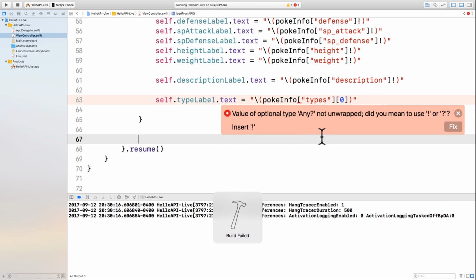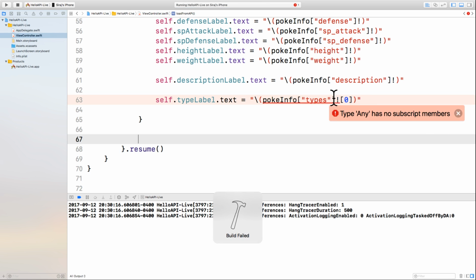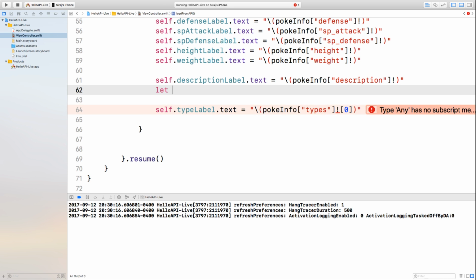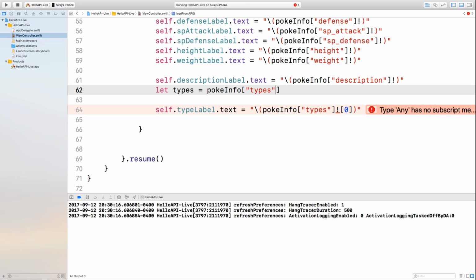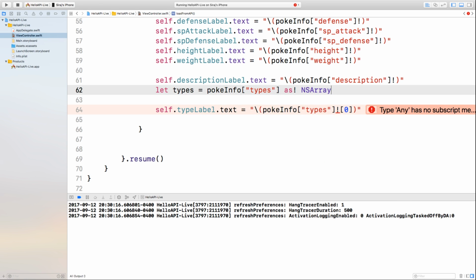We shouldn't have too much of an issue. Right. All right, we're going to have to cast this before, so we're going to call this let types equals PokeInfo types as what's called an NS array, and then